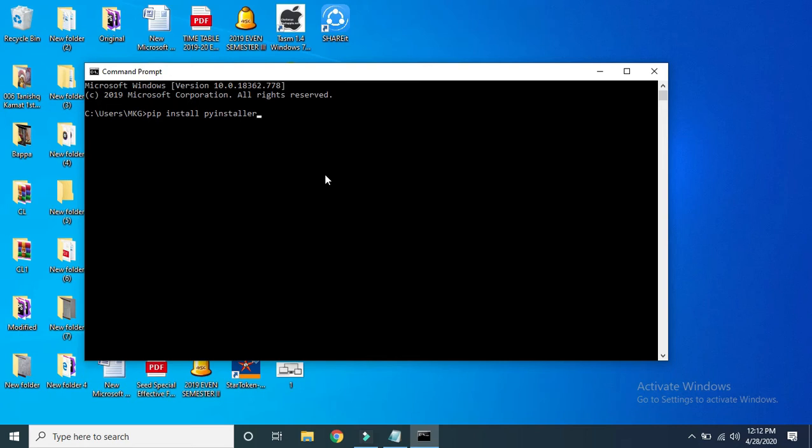Press Enter. It will take some time, because it has to download the setup. Here you will get this type of window. Downloading PyInstaller 3.6. Initially it will download and then install it. Installing build dependencies, depending on your internet speed, it will take some time.